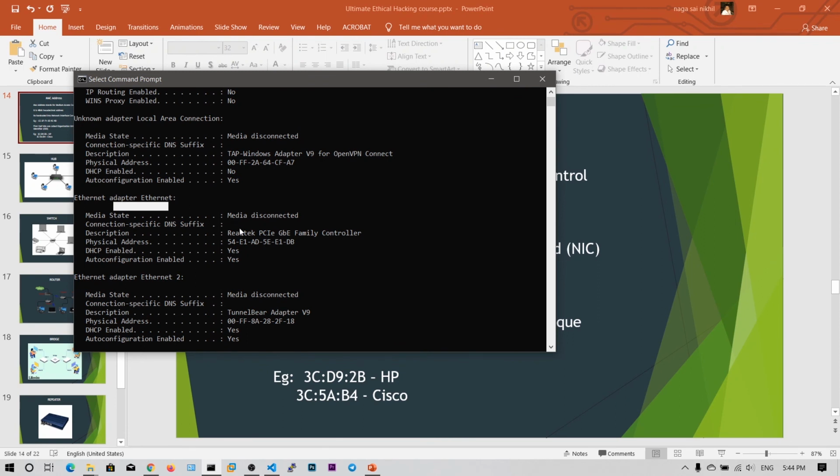Currently I do not have any Ethernet cable plugged in, so it says media disconnected. Now I have this Realtek family controller, and look at these first 24 bits. These are going to be the same for another Realtek chipset, and the physical address is nothing but the MAC address, and this was hard coded into my Realtek network interface card.